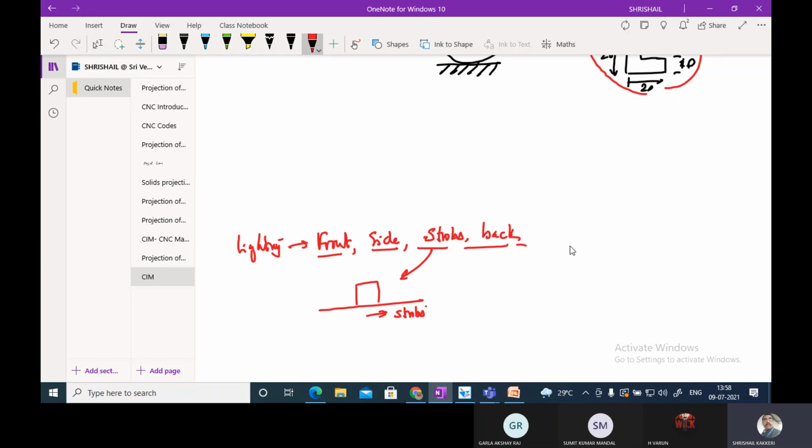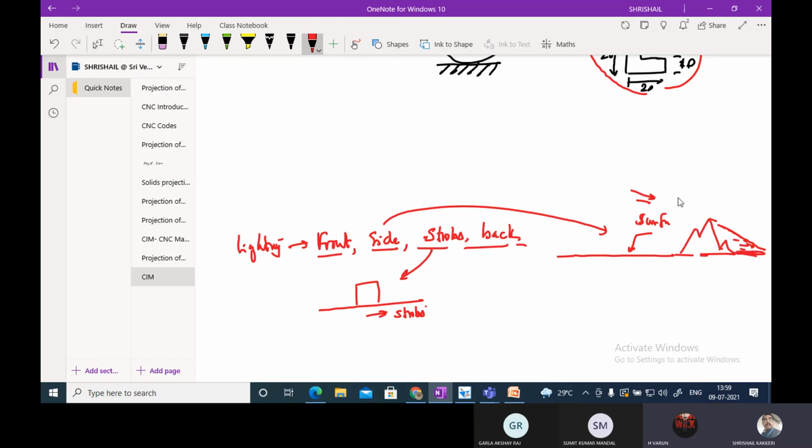And suppose I want to inspect the inner surface of the member. At that time we are going to use the side lighting technique. A very simple example here: the side lighting technique, what happens? You have some mountain-like structure, for example, and from the side if you put the light, what happens? Its image will be falling here. Correct or not? The image of this will be taken as a reference to find out the surface properties of the material.